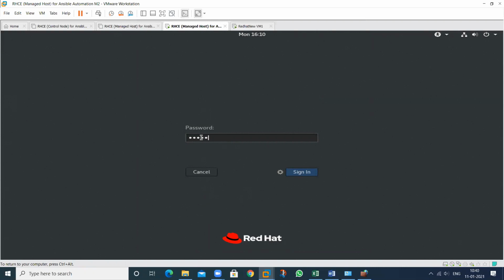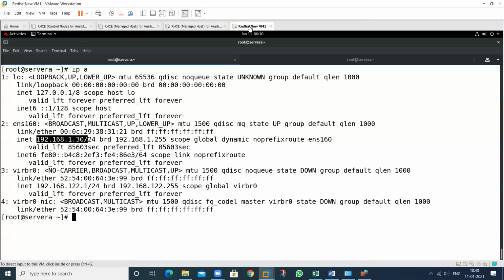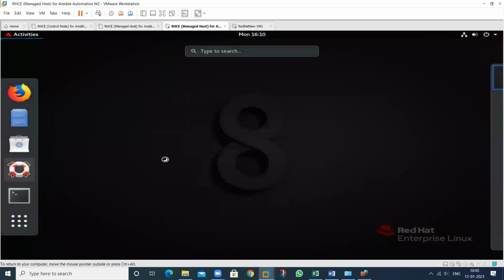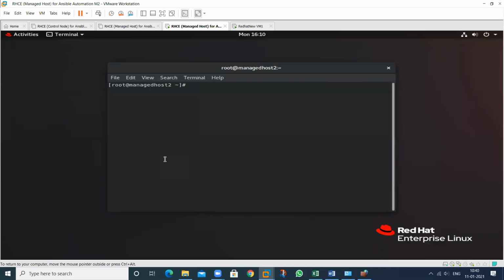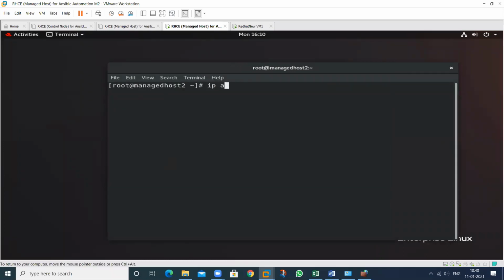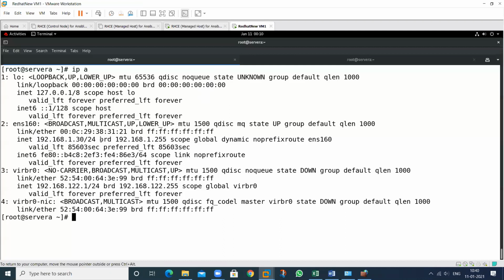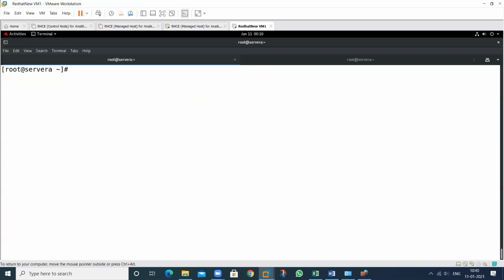I will show you a practical related to SSH. The SSH service is allowed by default, and if I remove that particular service, you are not able to access any machine by using the SSH functionality. So see, what is the IP address of this one? The IP address of this machine is 10.33. So I will change the IP address of this machine. So that is 10.30. I will change this one.